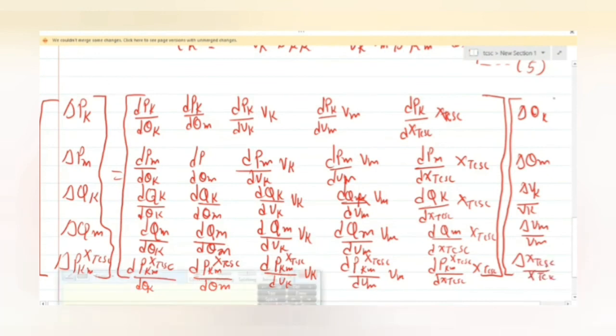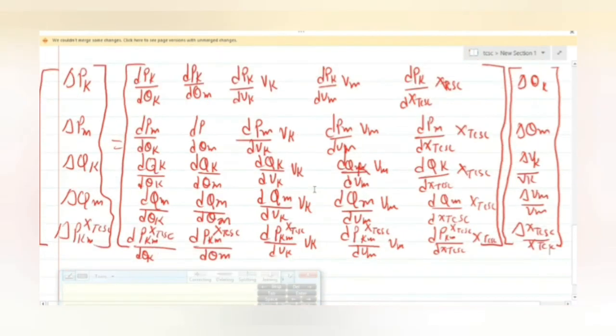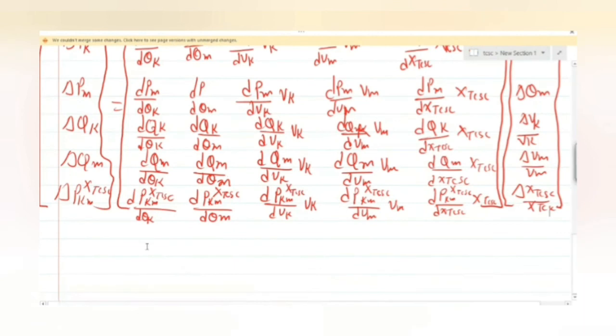So this is also in matrix form. This is your Newton-Raphson matrix, where this central matrix is called the Jacobian matrix. So by this way, here the del Pkm x TCSC